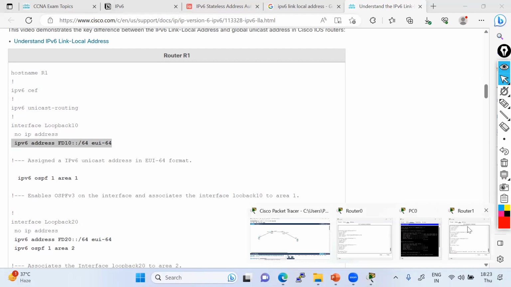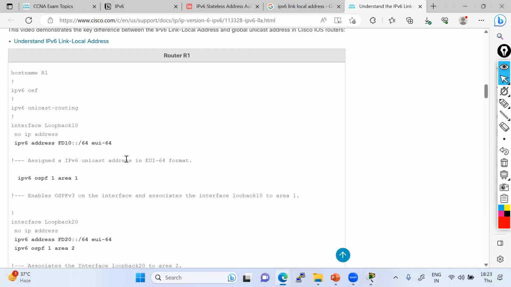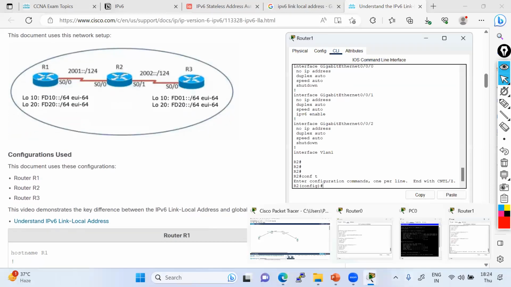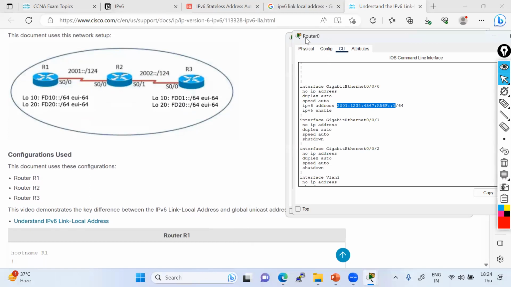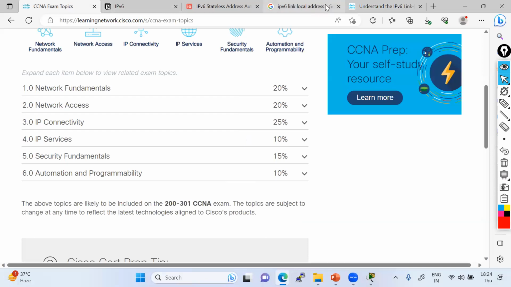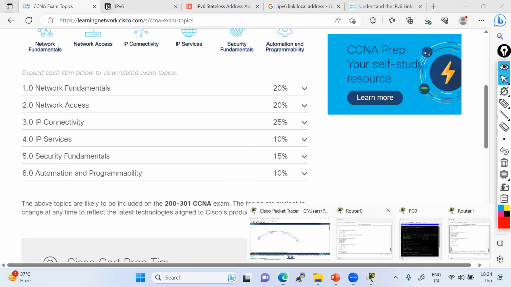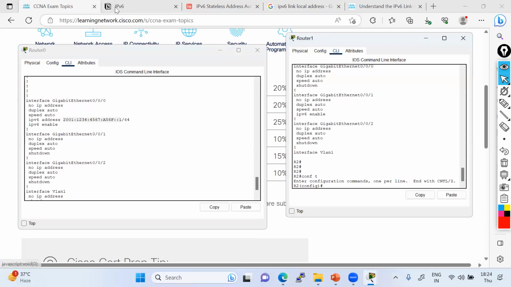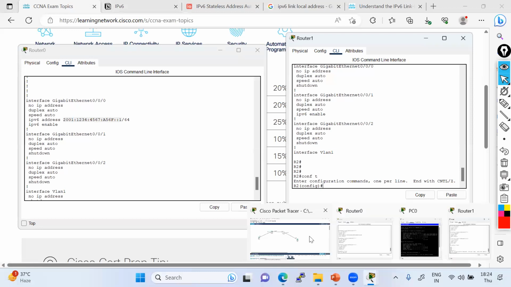So this is my router. This one is the one router. 64, right? And this is also 64. Leave it. Let me just configure it plain. First, let me test that and then we'll think about it. So router 0 and router 1, leave it. Let's focus on our. I'll explain link local. So this is my R1 and this is my R2. Okay. So my lab is this one.